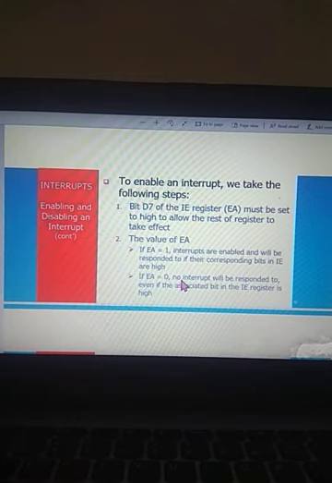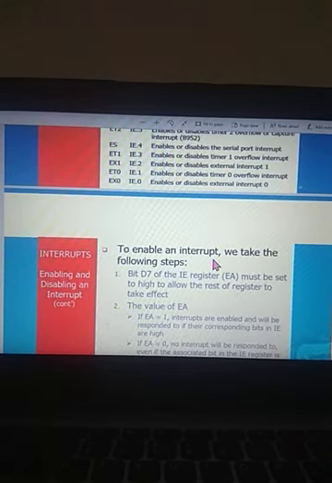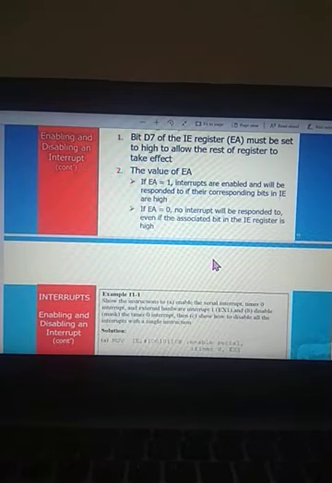If EA equals 0, no interrupt will be responded to even if the associated bit in the IE register is high. If EA is 1, whichever bit is high will be activated, whether it is timer 1, timer 0, external interrupt 1 or the serial communication port bit.